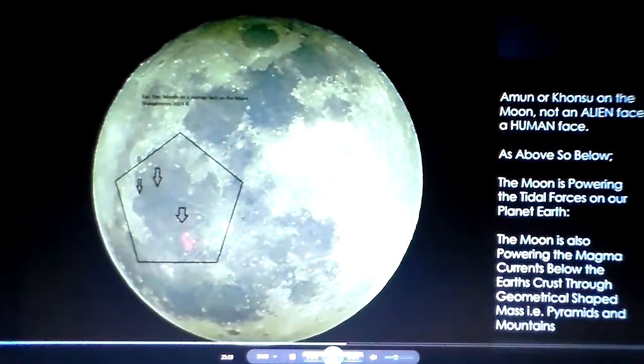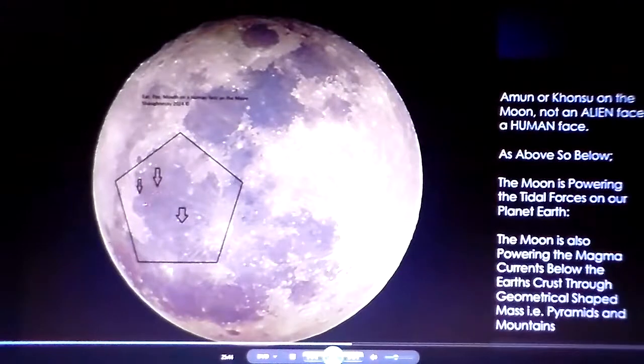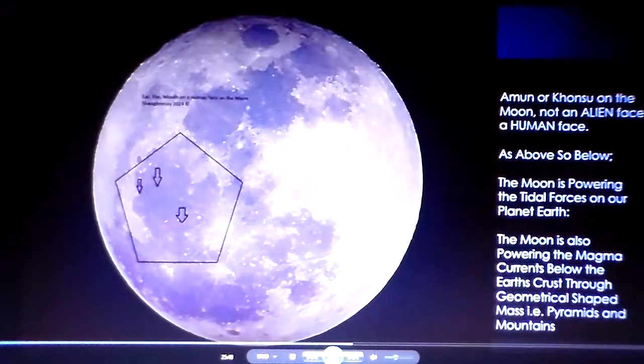And, you know, he's got a little bit of a beard there or something off the chin. And so, there's a possibility. I mean, this face is actually 750 miles in diameter, ear to ear. It's not a small image. And the point I wanted to make was, the geometry and the exact locations of these shadows, if you will, are perfect. If you wanted to draw a face like